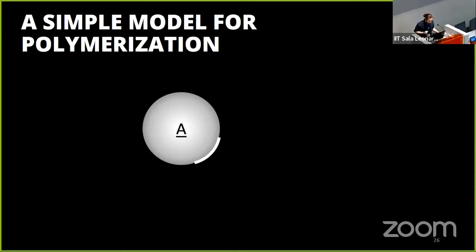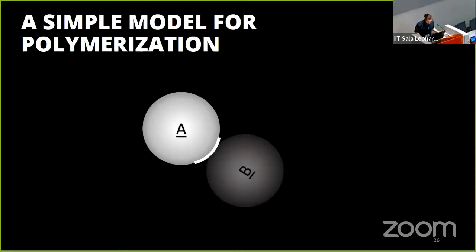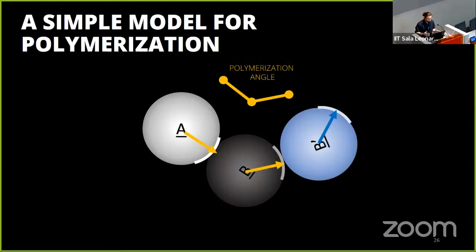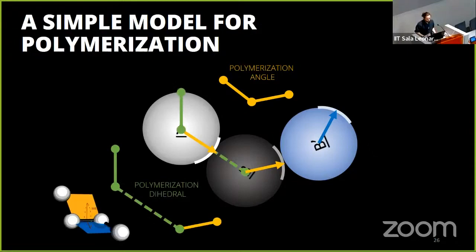Now, monomer B has a given spatial orientation in regards to monomer A. And if we were to add a third monomer, we would need to find where in monomer B this monomer would connect to A using the same interface between A and B, which would be right about here. And of course, the same for subsequent units. This expansion can be characterized by a polymerization angle, which is basically the angle between the vectors from the center to the interface for each two monomers, and a polymerization dihedral, which accounts for the 3D torsions that might occur between monomers.